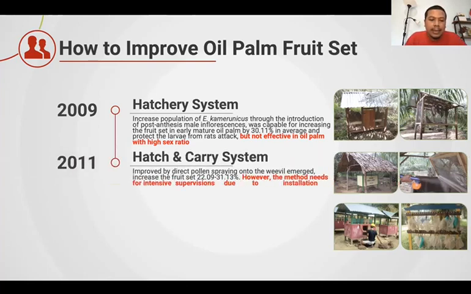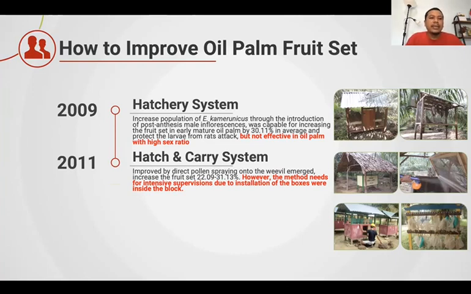So then in 2011, we made a closed hatchery box and improved the technique by direct pollen spraying onto the weevil before being released in the field. And this technique is called the hatch and carry system. This technique also increased the fruit set, but however,